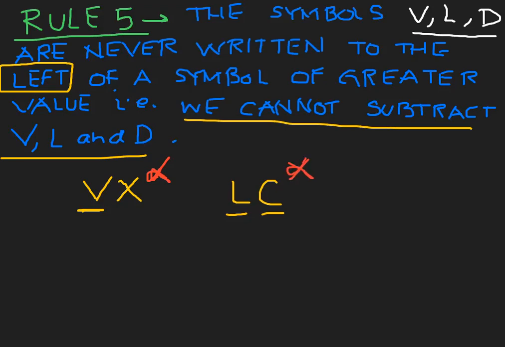So this is also not a valid Roman numeral. According to this rule, the symbols L, V and D cannot be written on the left hand side of a greater symbol. If I write D, which is 500, and M, which is 1000, M is bigger and D is smaller, so again I cannot write it like this, it is wrong. Okay, there are two more points in this rule. The first bullet point I want to mention here.